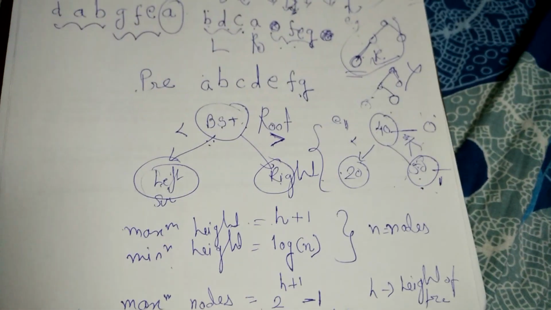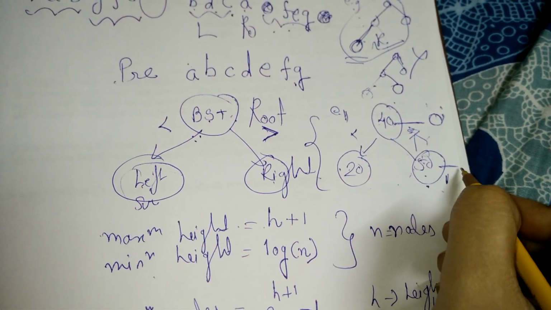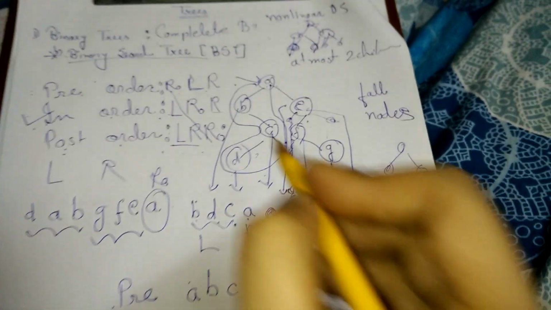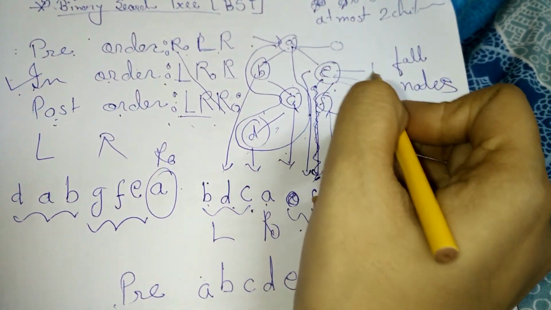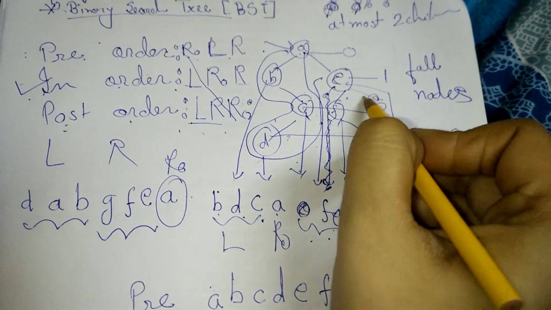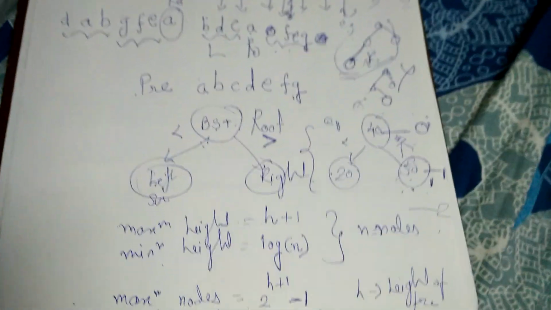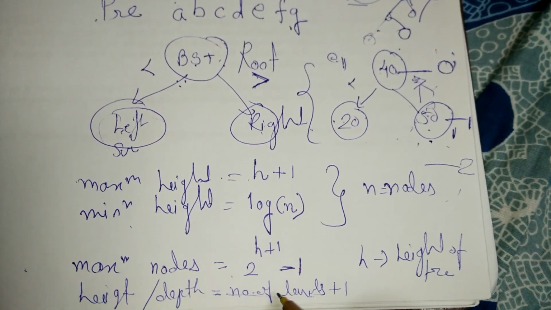Now how are we going to define the number of levels? This is the root, this is the 0th level, this is the first child, which is level 1, and next will be level 2 and so on. For example, in this case, this is level 0, this is level 1, this is level 2 and this is level 3. So there are 3 levels, so the height of this tree will be 4. In this way we have to calculate the height of a tree.